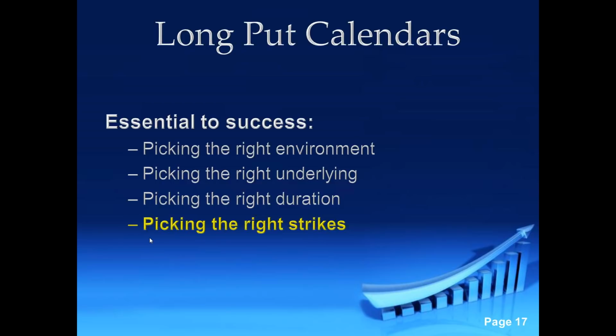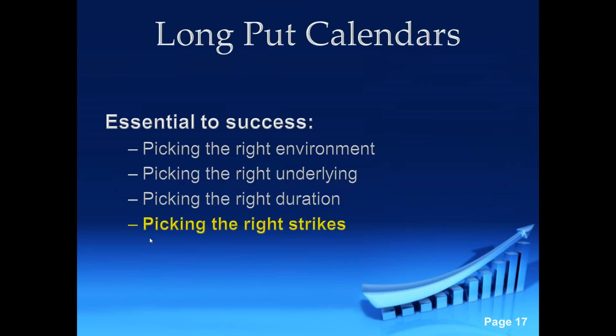If you've ever heard of a dead cat bounce, that's what we're really looking for for the long put calendar. We would want a dead cat bounce, where the market, after we put this strategy on, gets a lift for about a week. Let's say we hit a bottom, we get a lift for a week, and this is called the dead cat bounce. It's like you've taken a big drop, like we've seen, then the market bounces, and it's like a fake out rally, and then slams.